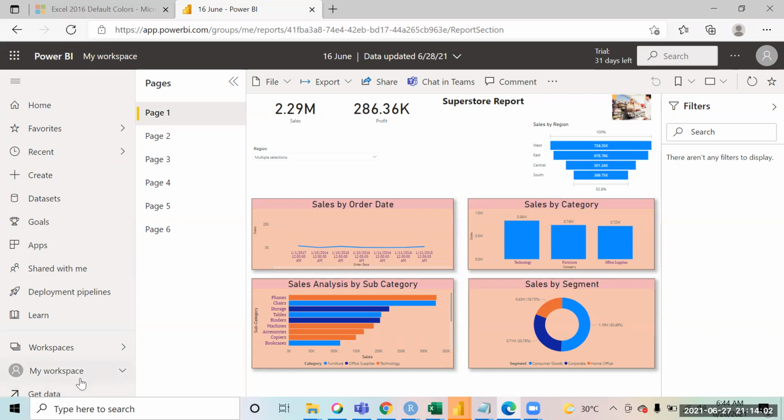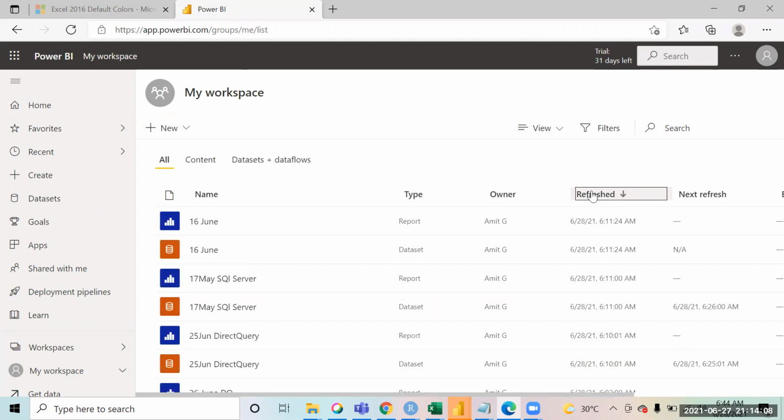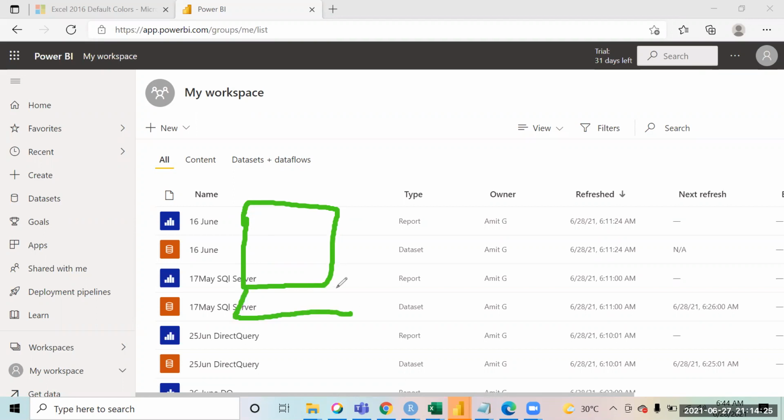Now if you come to My Workspace, this was about the report: how you share it, how you make a dashboard out of it, and how you subscribe to it. Now there is something we call data gateways. See, where was the data? All the data was sitting on my personal laptop.